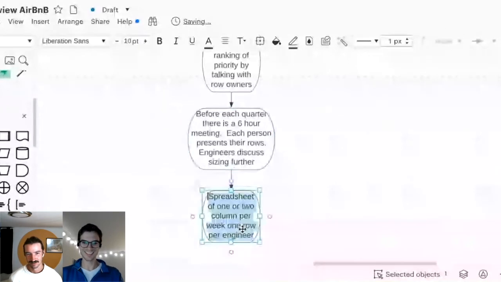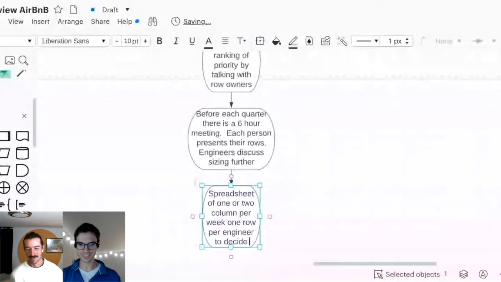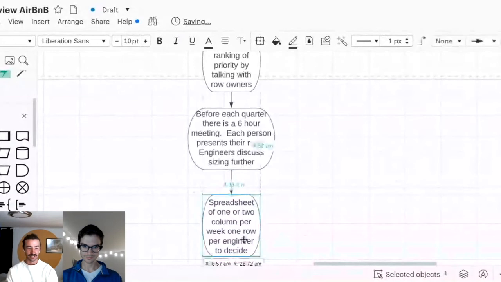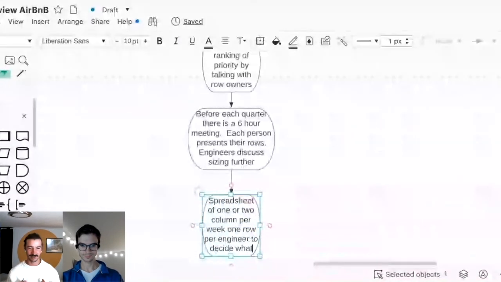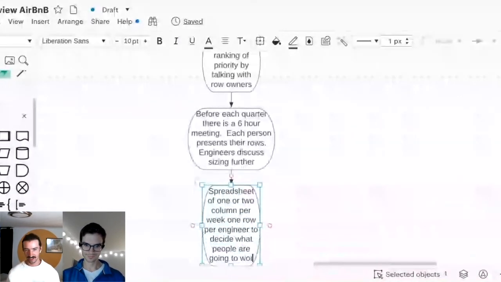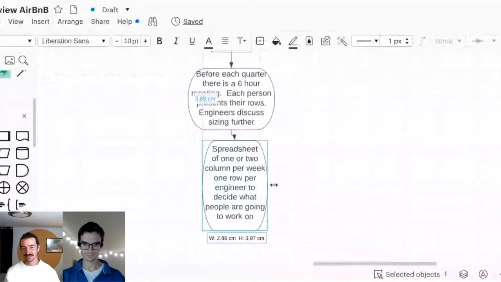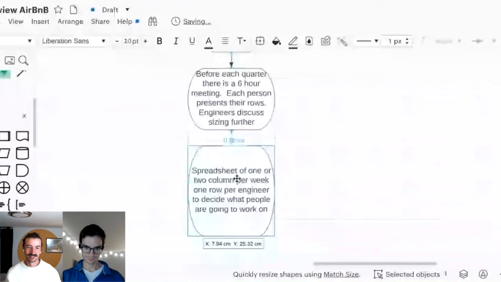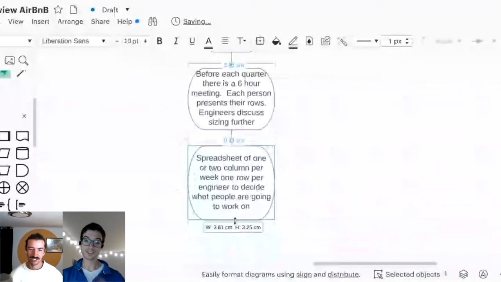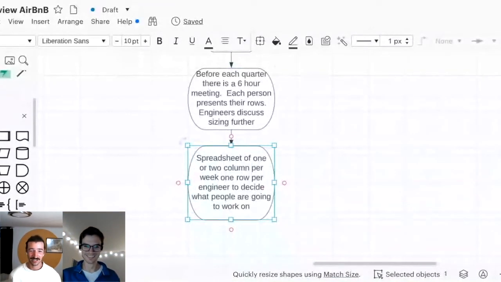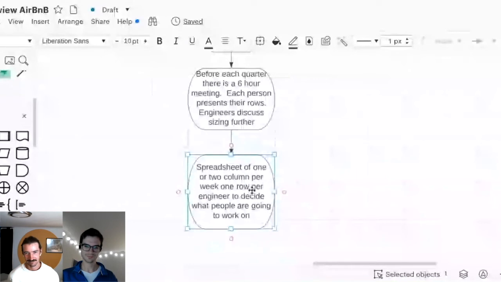This is getting pretty exciting. So you decide what everyone's going to work on, basically. Yeah, exactly. So like, okay, this quarter I was leading a massive re-architecture of the entire checkout system. Well, that's going to take up every week, so that's easy for me, except the weeks where I'm on call. But other people, particularly more junior engineers, might bounce between a bunch of projects, things like that.